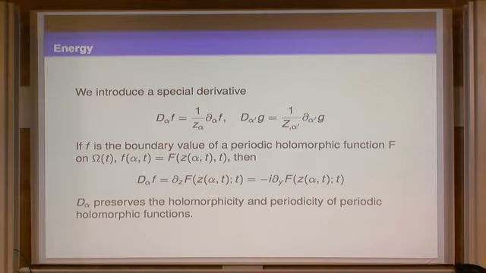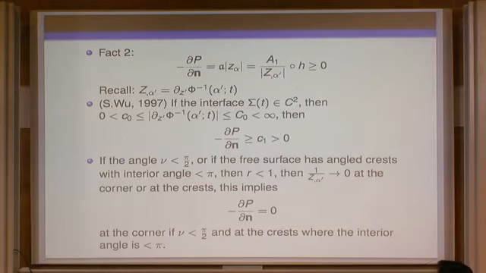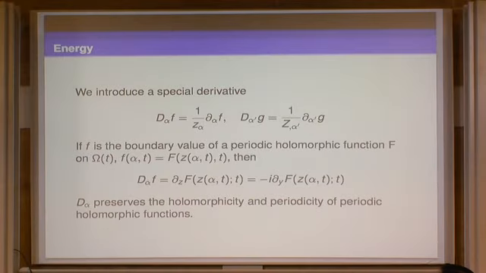We are looking at everything in this domain, and the velocity field is periodic, right? You just imagine this is the same here. So you take a derivative of this holomorphic function with respect to the complex spatial variable z. You still get a holomorphic function, and it's periodic, because complex analysis tells us that taking the derivative with respect to z of a holomorphic function